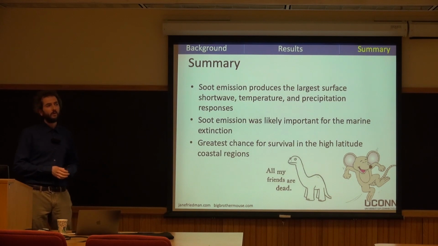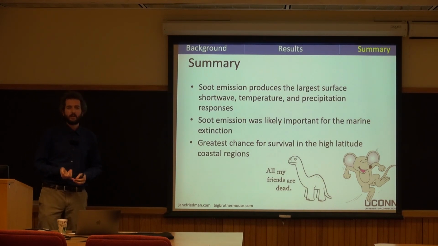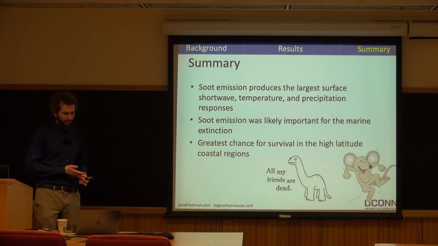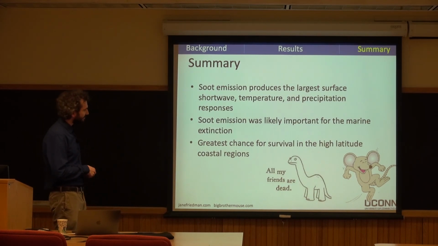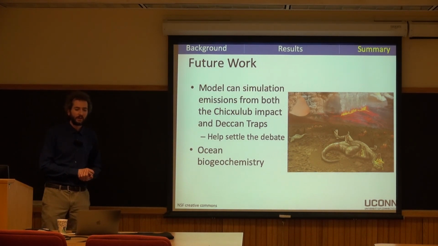And finally, I just want to note that if we're looking for where things might have survived from this impact winter, we would recommend that the high latitude locations, these high latitude coastal areas, are probably the most resilient. One, they are already used to low light conditions throughout certain times of the year. They're used to larger seasonality. But in addition to that, these high latitude regions stay relatively warm. The precipitation doesn't decrease too much there. And so maybe that's where things were able to hide out and allow us to be here today, because otherwise it seems quite devastating.